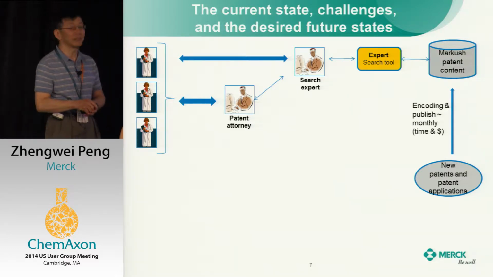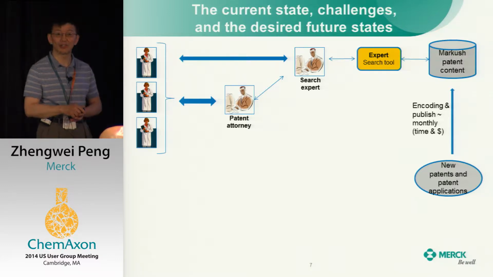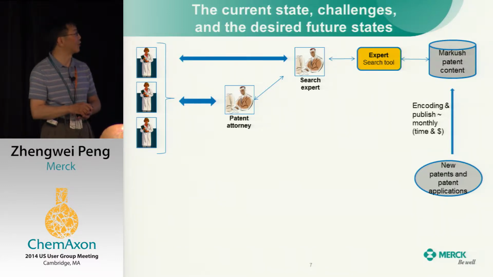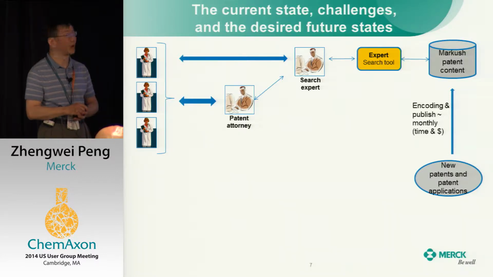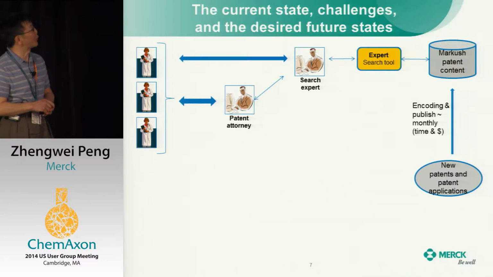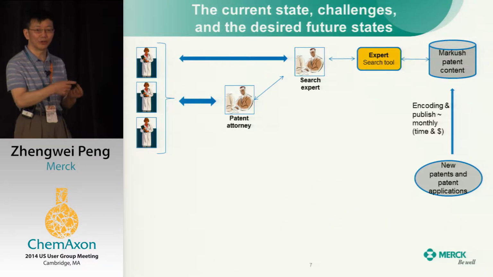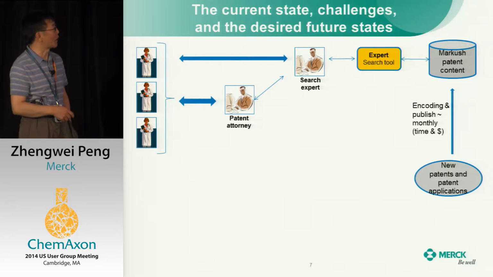But it is an expert tool. So you need an in-house expert searcher, or the search expert, to work with that tool. It's not for the faint of heart. That means chemists never have access to that tool. So from the chemist's point of view, you have to work with an interpreter in between to access it. There's also an issue involved with that.